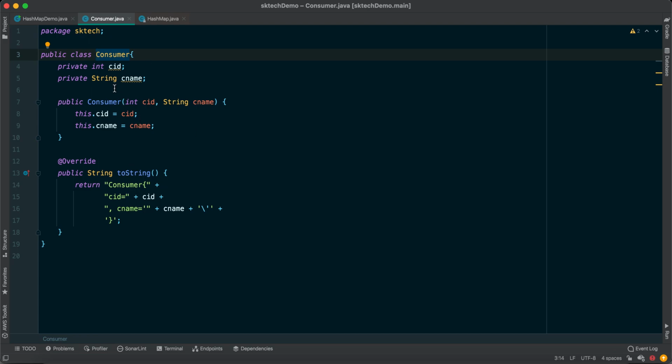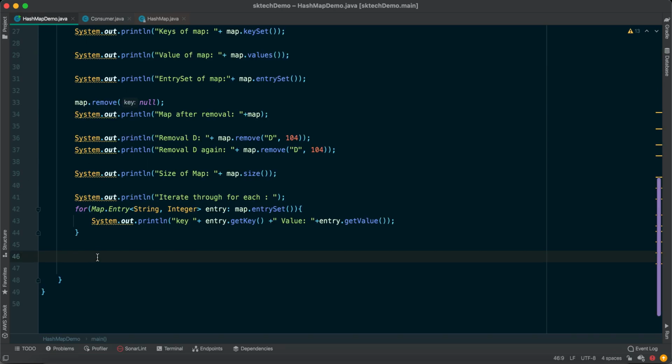Let's try to create multiple consumers and try to insert them using the hash map. So how can we do that? First we need to create the hash map. In the case of a list collection or set collection, we usually provide only the consumer type. But here it requires two values, key and value. What kind of key and what kind of value?